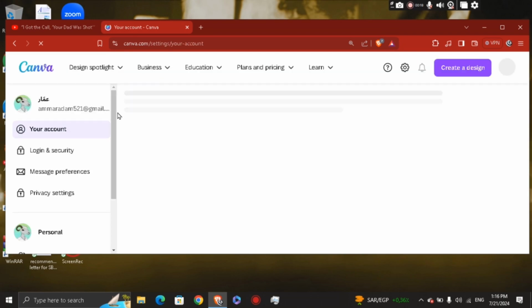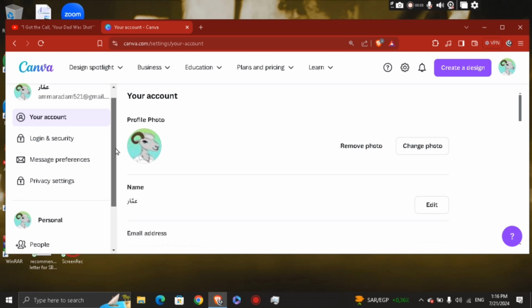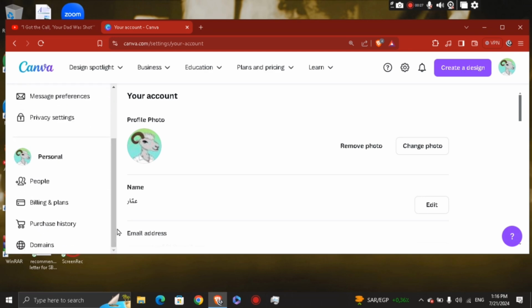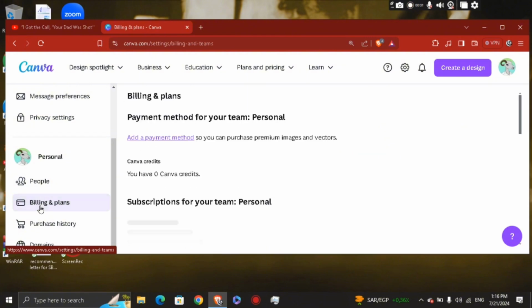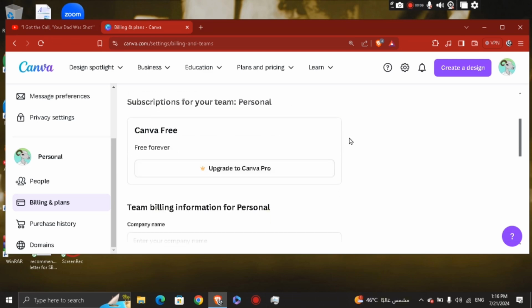account, login, security, message preferences, privacy settings. Scroll a little bit down right here until you find, under your people, the billing and plans. Here you're going to see all the subscription plans that you have and the credits that you actually have on Canva. So scroll a little bit down as well, and you're going to be able right here to see the subscription to your team. A Canva version is free, so I'm not actually